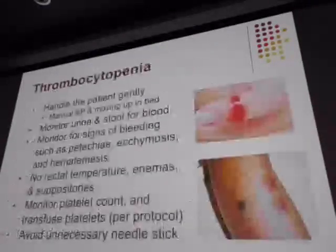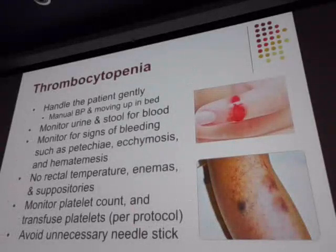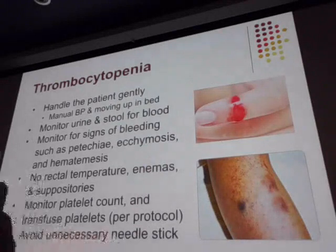All right, thrombocytopenia. So this is when their counts are really low for their platelets. Handle the patient gently, manual blood pressure. So most of this, I'm trying to think if there was anything that wasn't covered in her bleeding thing. No. And the unnecessary needle sticks, you really have to evaluate when their platelets are low how much they need an